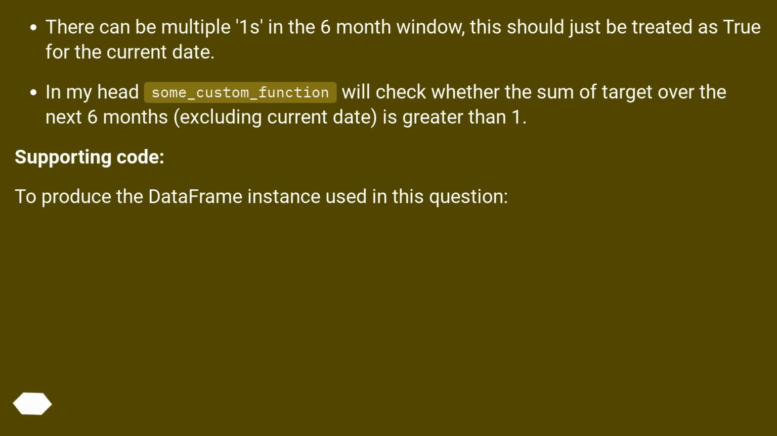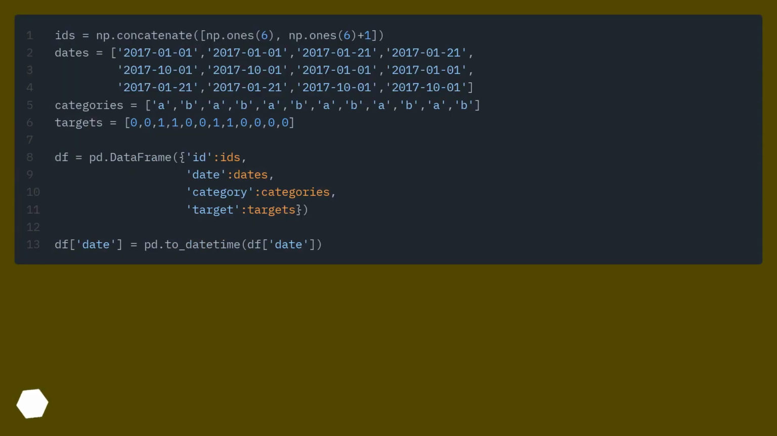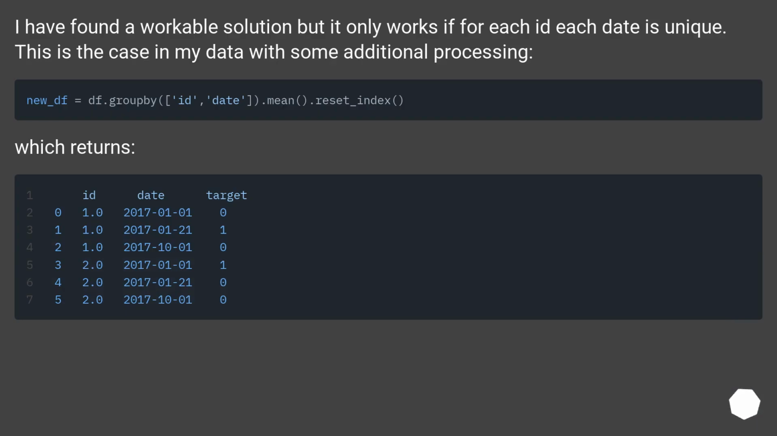To produce the DataFrame instance used in this question. I have found a workable solution, but it only works if each date is unique. This is the case in my data with some additional processing,